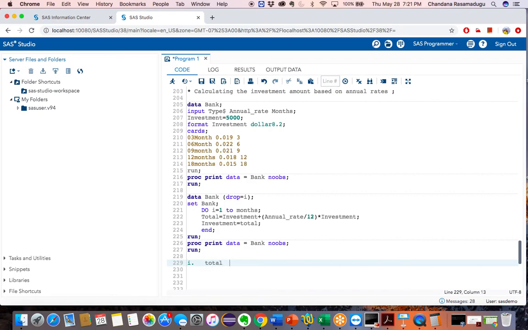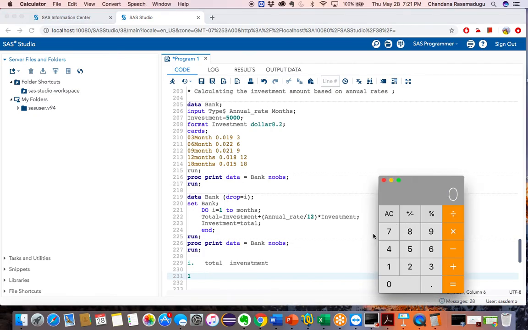Okay, and an investment value. Okay, these are the values that I want now. Okay, so what is the I value? See, let's calculate this total value. Okay, I have I value as 1 now in the first iteration. What is the total value? See, if I want the total value, calculate this manually. Okay, annual rate, what is the annual rate that I have?